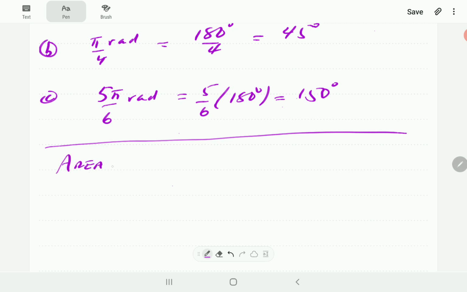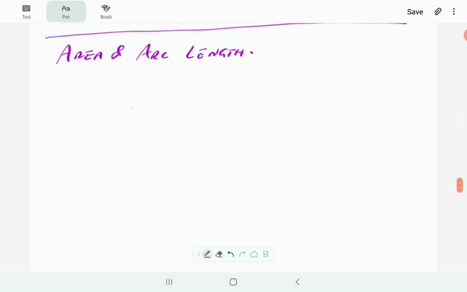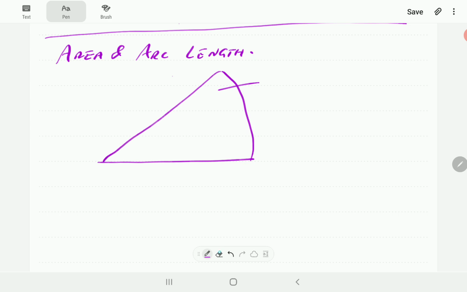Area and arc length, but we're going to be interested in this in radians. So if we have a sector of a circle, so sector of radius r, and suppose the angle here is theta. This is in radians, so